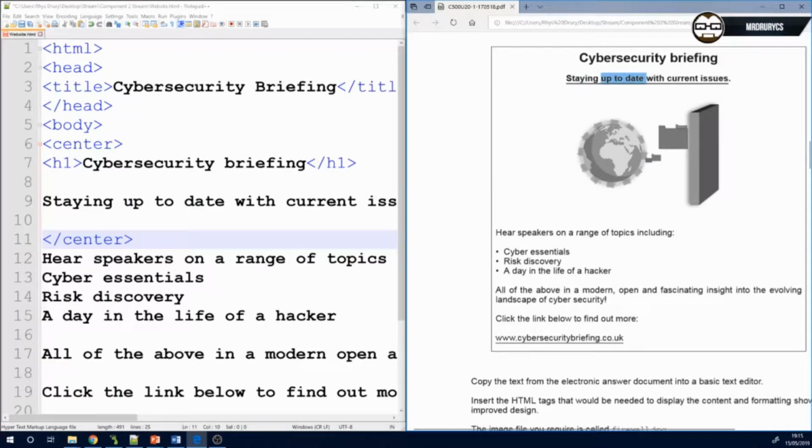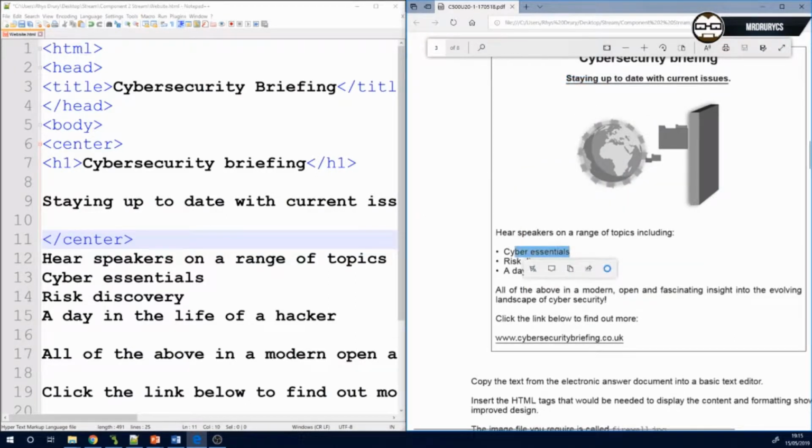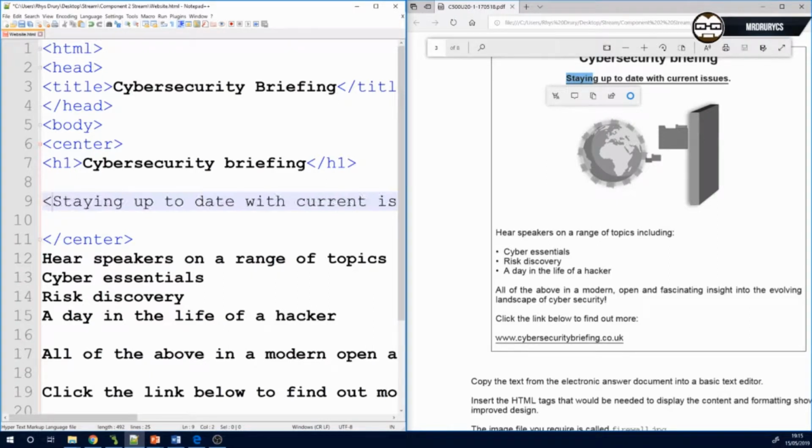A lot of people use H2s, H3s. Nearly every exam I've seen so far, it's been a paragraph tag for this little subheading. That is the same size as that, whether you believe it or not. It's the same size. That is a paragraph tag. But it is bold and underlined. So P,